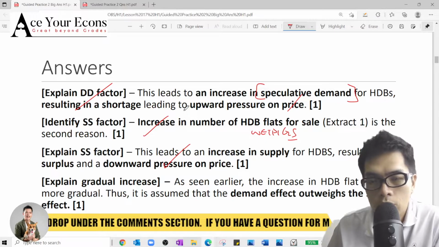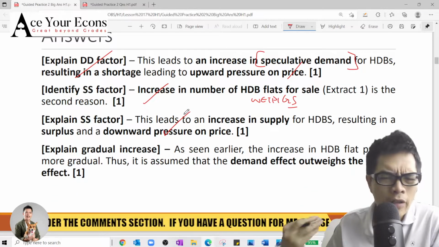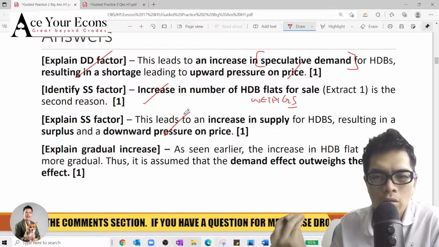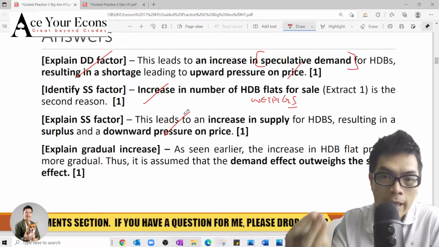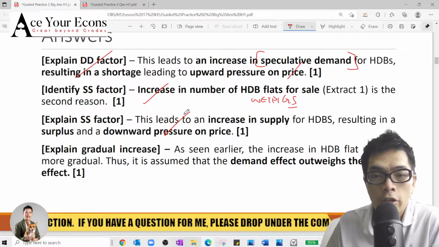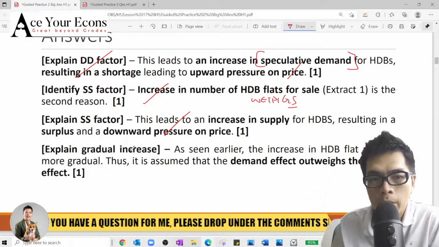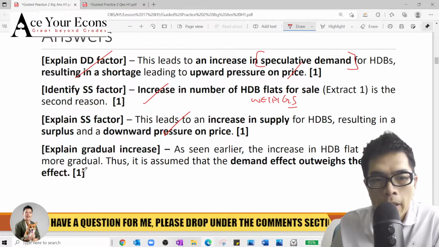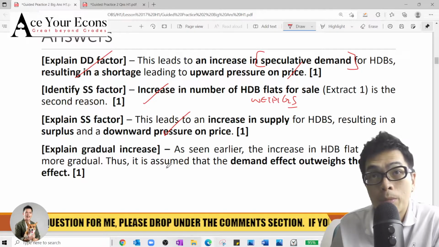Okay. So notice that however you answer the question, the framework doesn't change a lot. Especially students who are still not getting this right, please adhere to the framework for demand and supply questions. They follow a universal principle. So it's always the factor, PAP. And the last one, for the last mark to be unlocked, you need to be consistent with A part